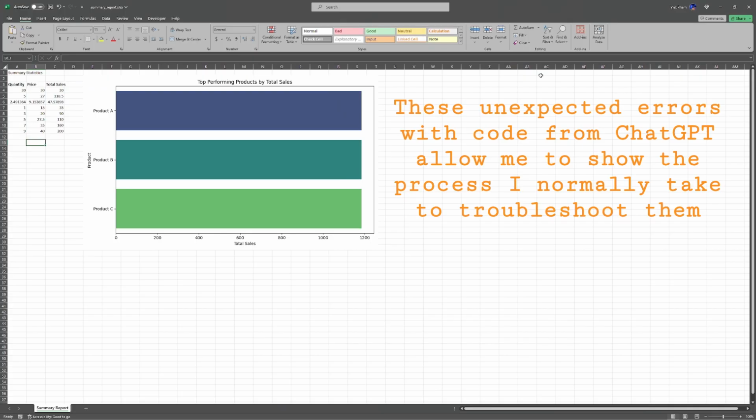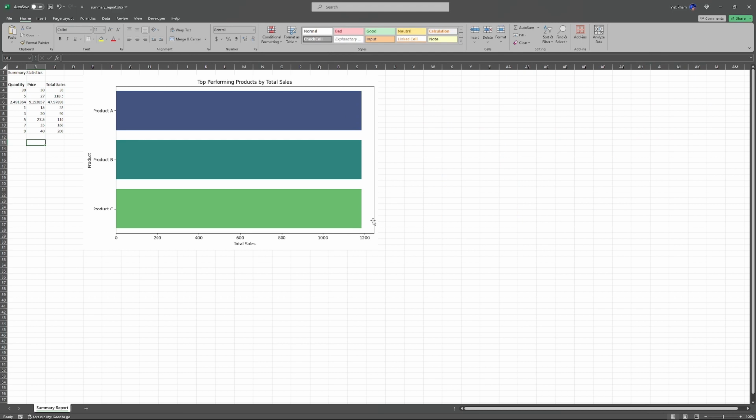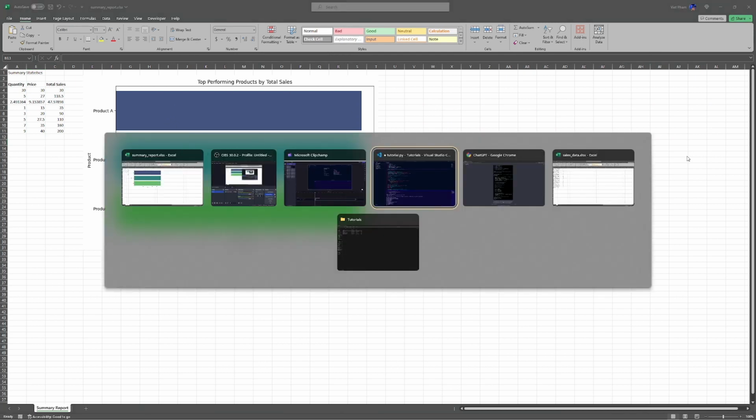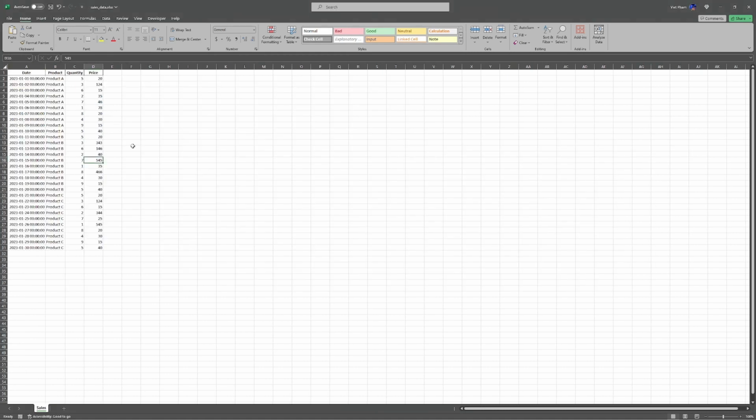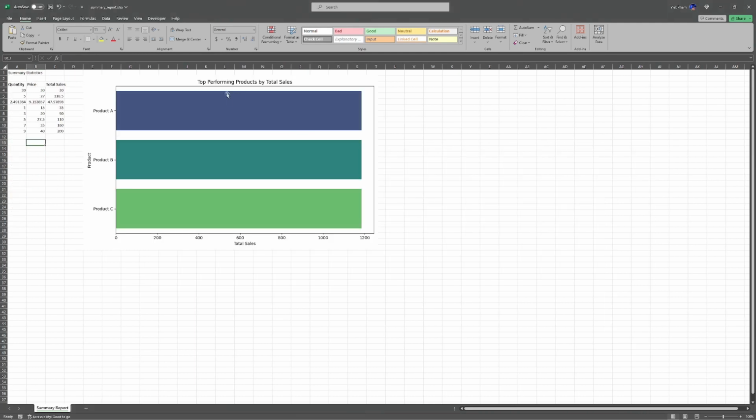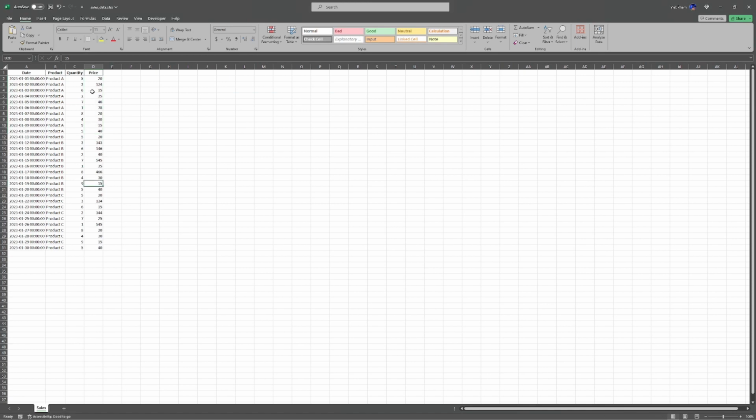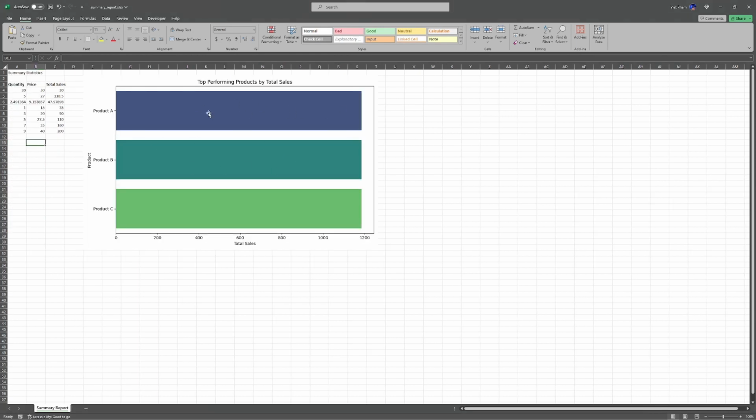Let's troubleshoot this. Okay, after troubleshooting a little bit, I've narrowed it down to a few problems. The first problem has to do with our dataset. This dataset I generated using ChatGPT as well, so it has some errors in it. Basically, the price of these products, they all sum to be the same. That is why you're seeing this chart being equal for all of the three products. So I've gone ahead and changed the numbers there,